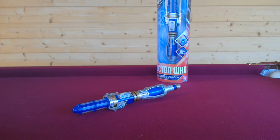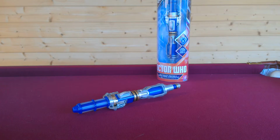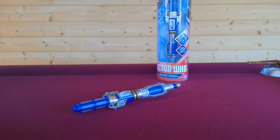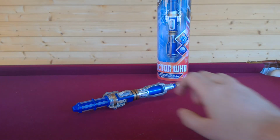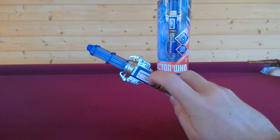Getting closer to number 1 now, but ranking at number 2 is the 12th Doctor's Sonic Screwdriver that came out earlier this year. Now, considering this was £5 cheaper than the 11th Doctor figure, I really think this one is much better than the 11th Doctor figure. Mainly because of the really good detail on it. It was £15 cheaper, plus